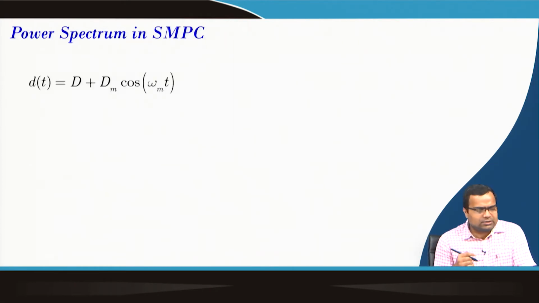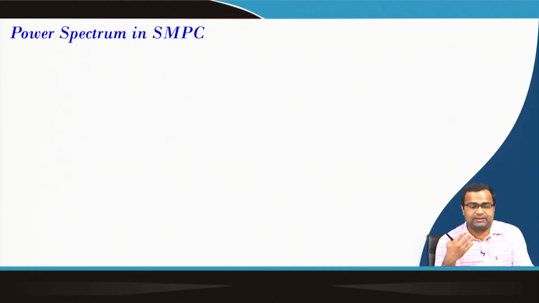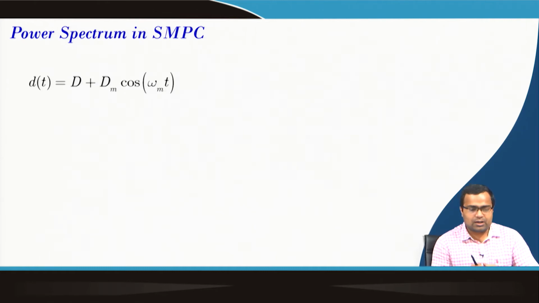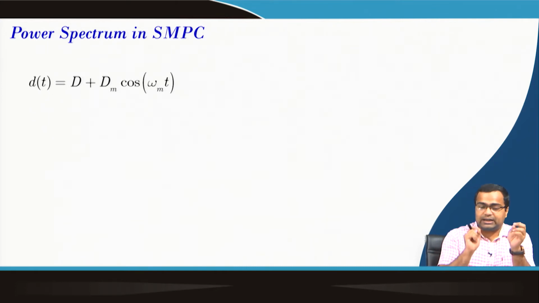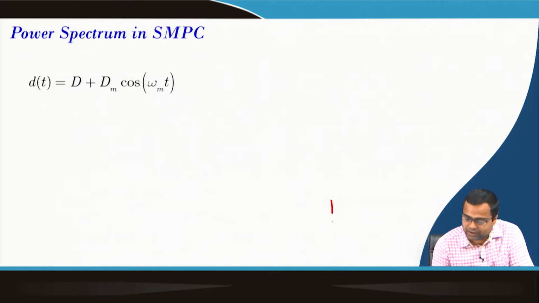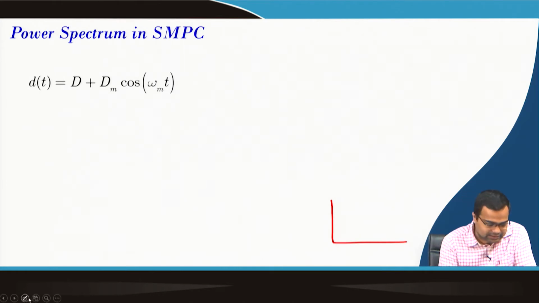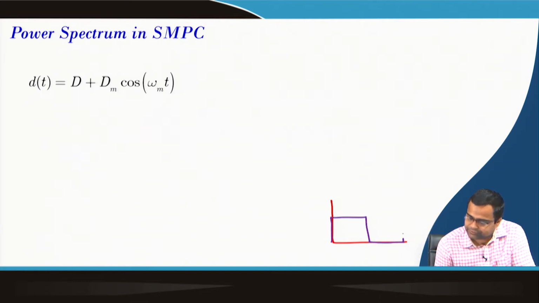Now, first of all, before we move forward for state space averaging, we need to understand the power spectrum in a switch mode power converter. In a switch mode power converter, we provide a gate signal Q. Under pulse width modulation, we generally consider a duty ratio D. If we take the power converter, this is our duty ratio, this is our D into T, and we take the total time period to be constant.